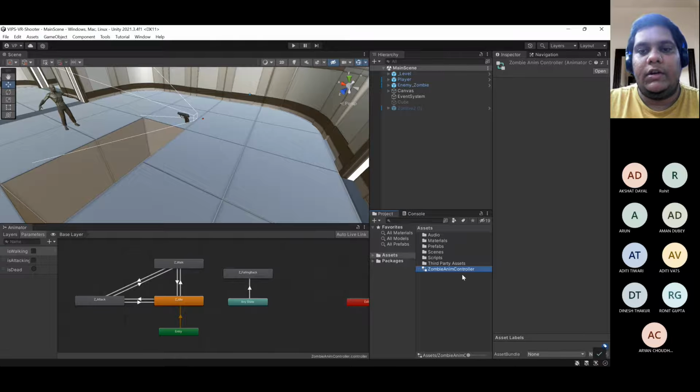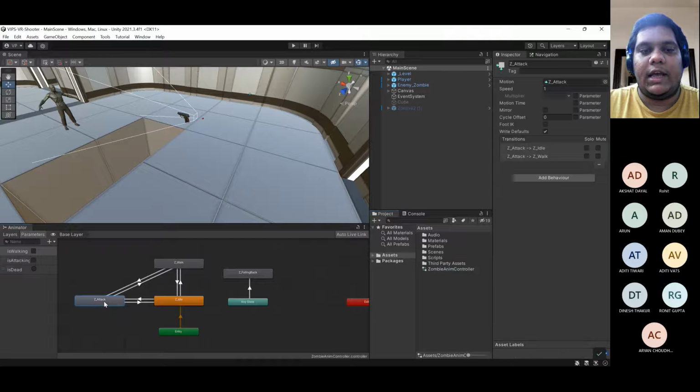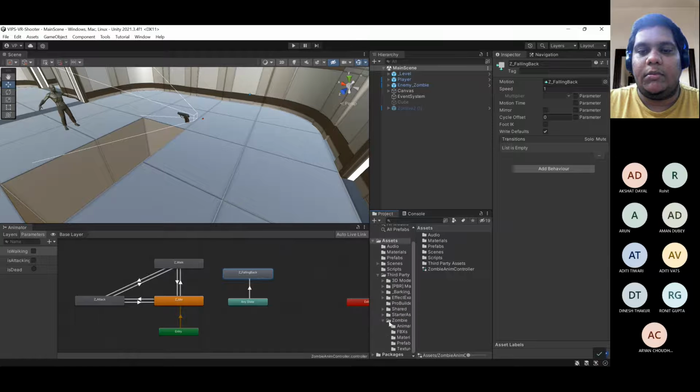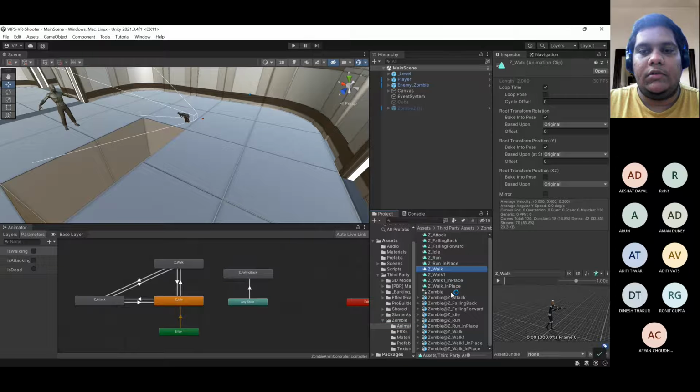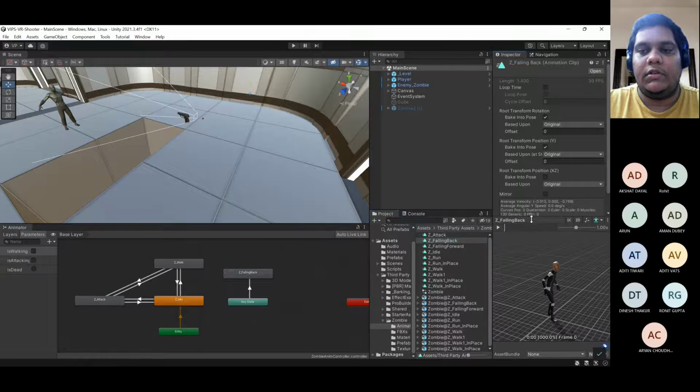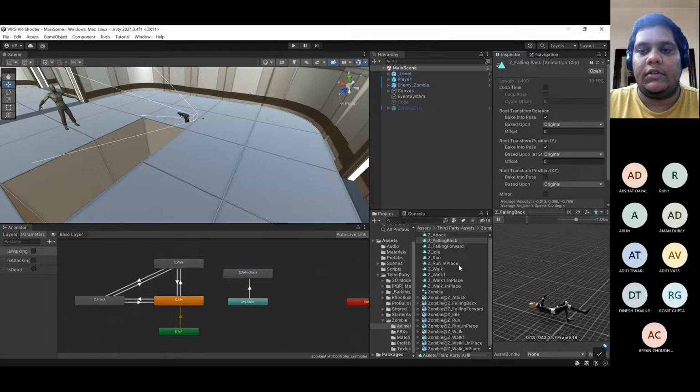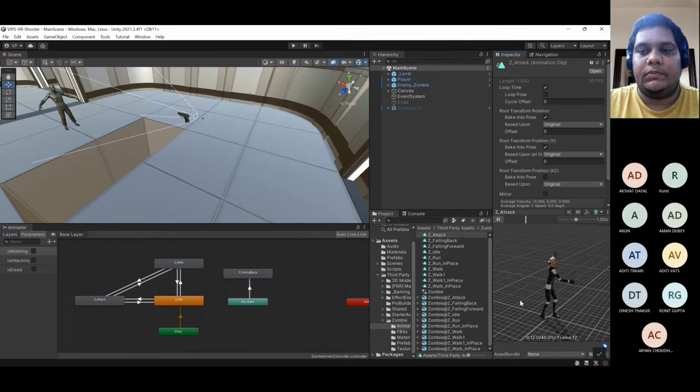In this, we took some animations, which were attack, walk, and falling back. We took three animations from the zombie asset pack that we had. If you want to see those animations, you can come here and see them as well. This is what we saw last time too. So these three animations we took,